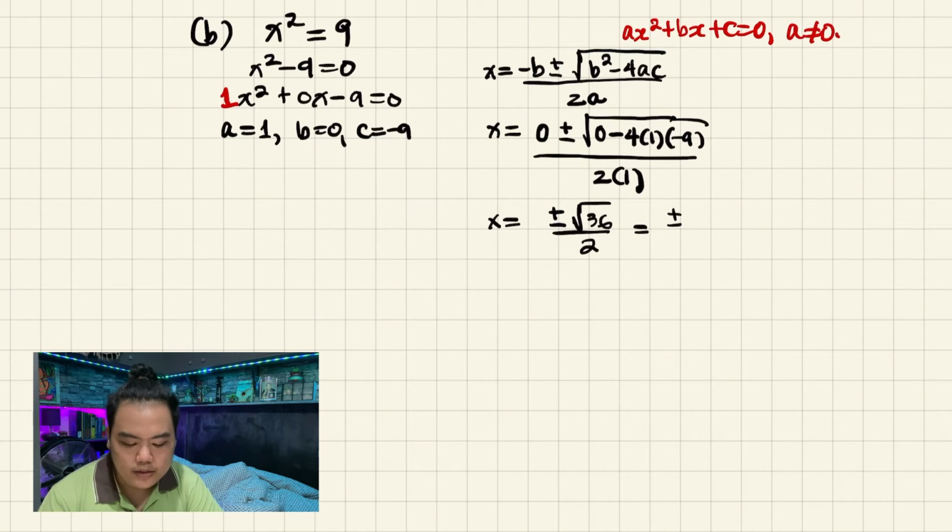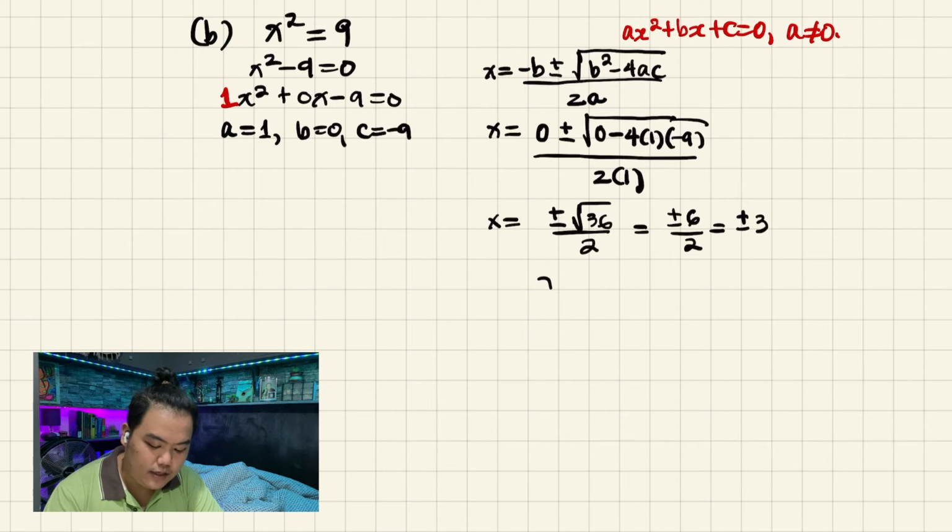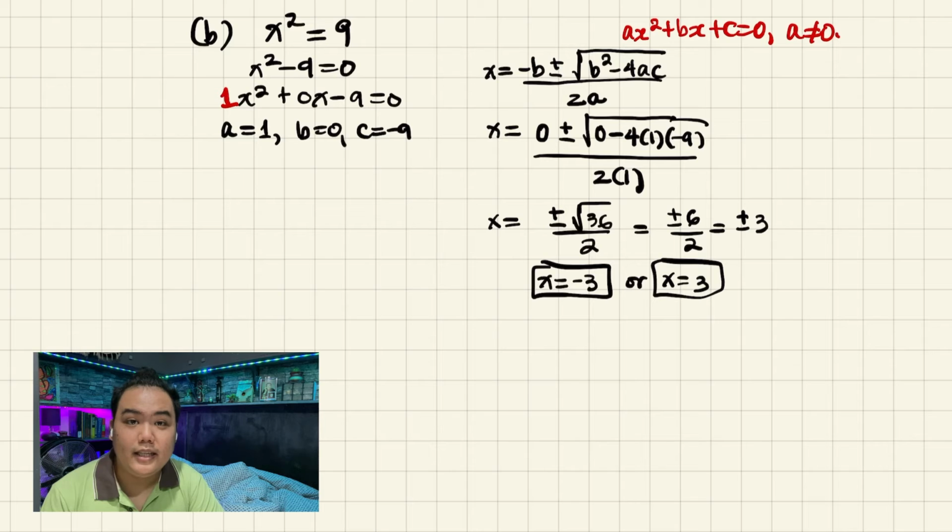And what is the square root of 36? The square root of 36 is 6. Plus minus 6 divided by 2 is plus minus 3. So, ang x mo is negative 3 or x is 3. So, yan ang dalawang sagot natin for that item, negative 3 and 3. At yan yung lalabas kapag kinompute mo yung given quadratic equation using factoring or using extracting